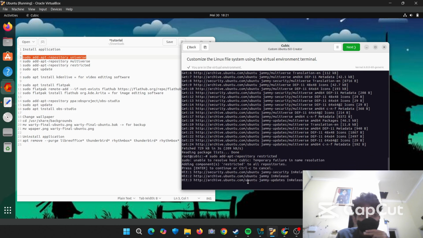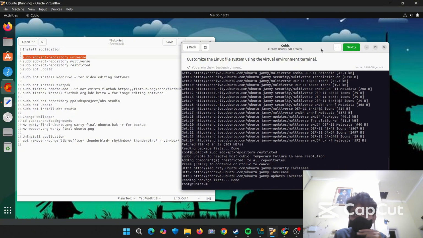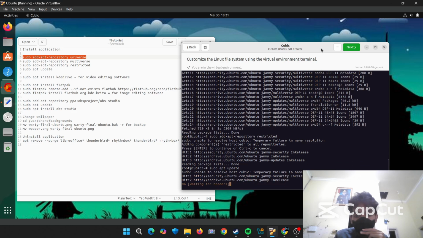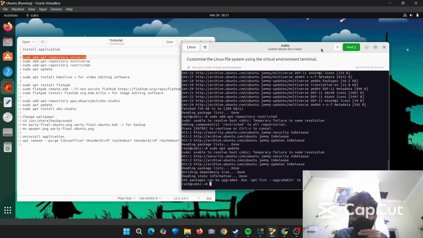By doing this, we can install some software like Kdenlive for video editing, Flatpak, etc. Okay, after all of them are added, we run sudo apt update to ensure they are correctly installed.